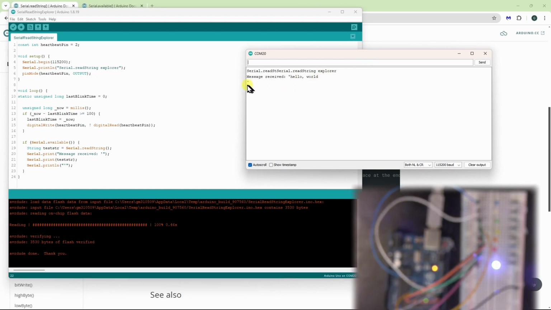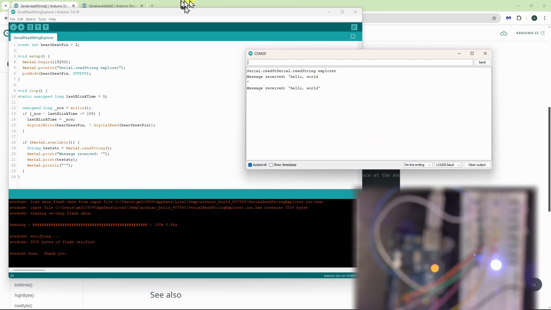And you can see it's got the new line in there as well. The quote is on the next line. I can turn that off. And you can see now it's missing the quote. So for the serial monitor, that's probably a little bit easier to use. But the way this works is it